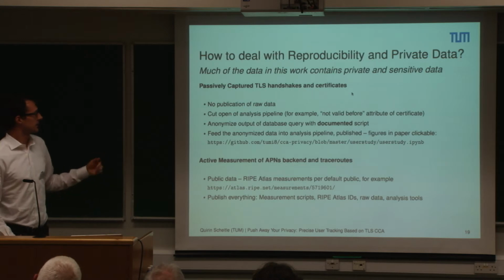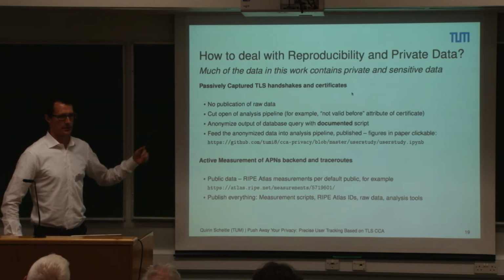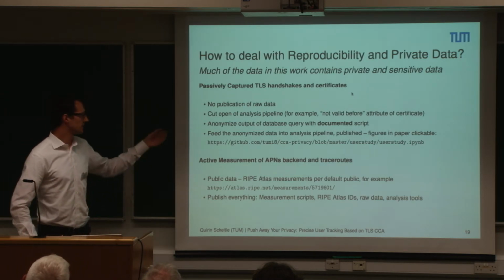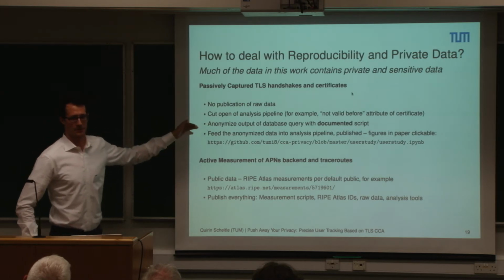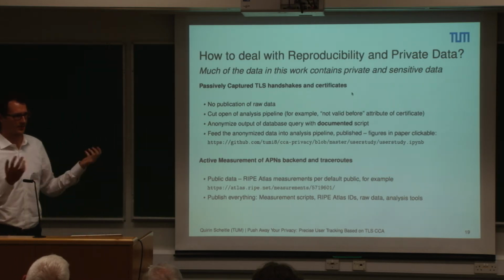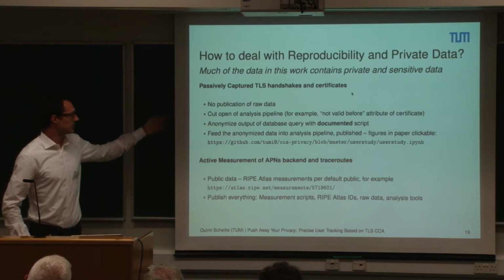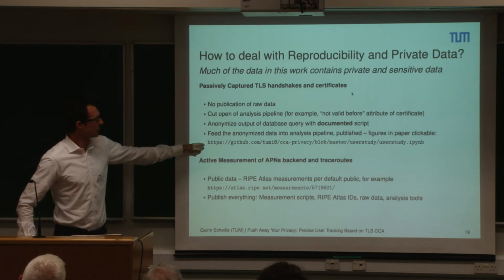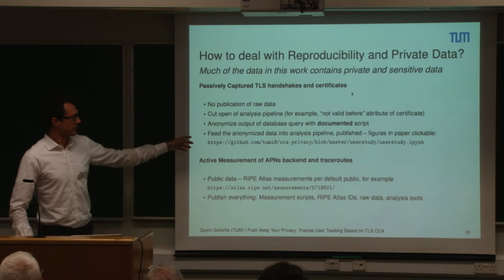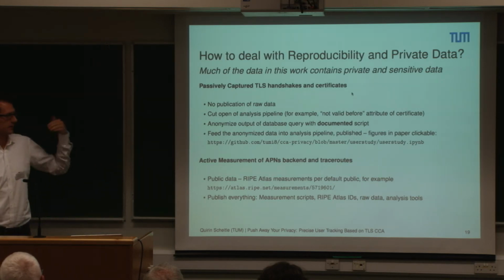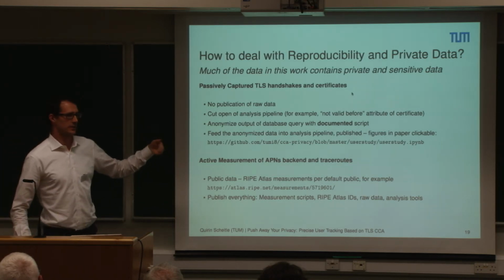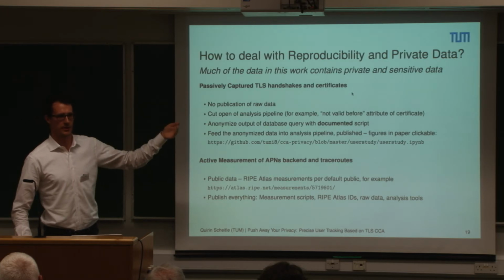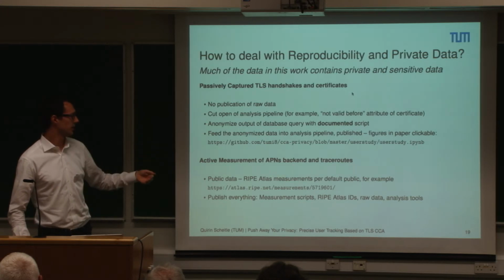But what we can do is cut up the pipeline and put anonymous data in. So we anonymize it, and you get the script showing how we anonymized it, so you know we didn't just invent something. Then we feed it in and put it on GitHub. Actually, if you click any figure in the paper, it will take you to GitHub, right to the script that created the figure. And you can see the figure there and how it was created in the full pipeline,